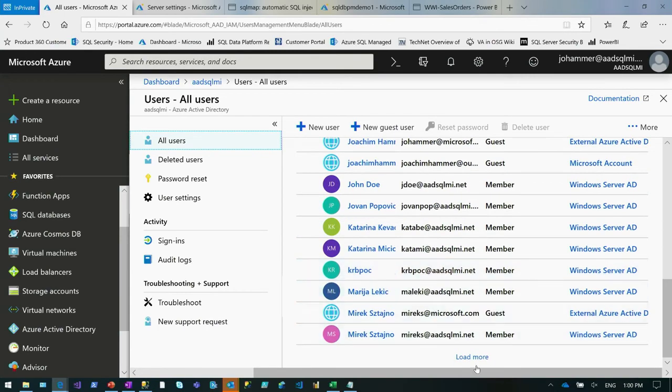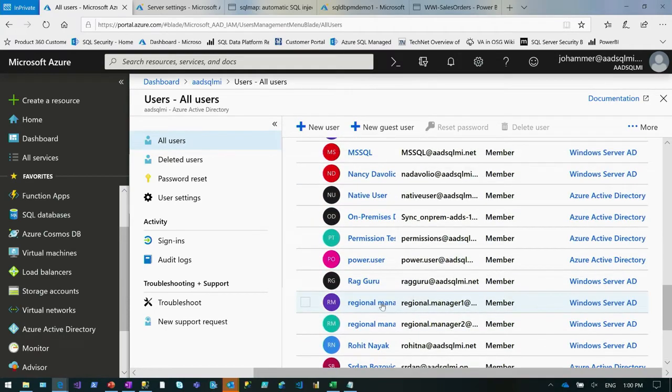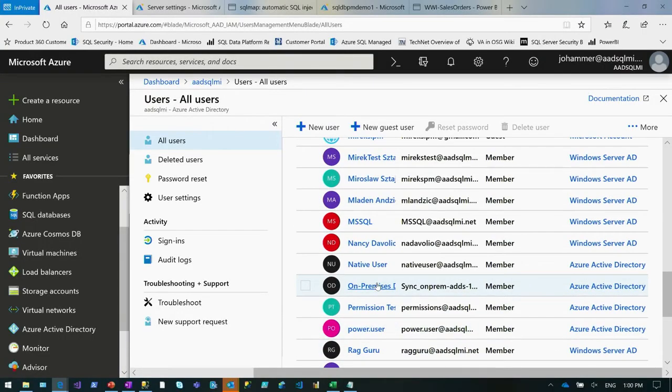And then I want to show you two more things here. At the bottom, we're going to be using these two member users, Regional Manager 1 and 2. You can't see it, it's cut off here. And we'll use those in the RLS demo. Now,